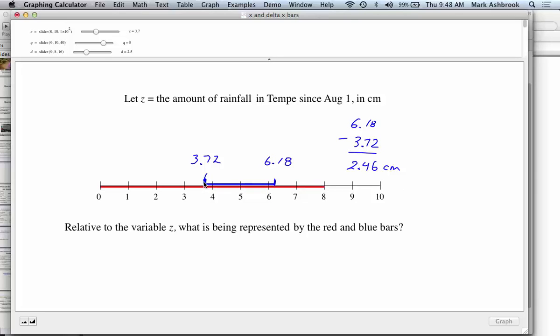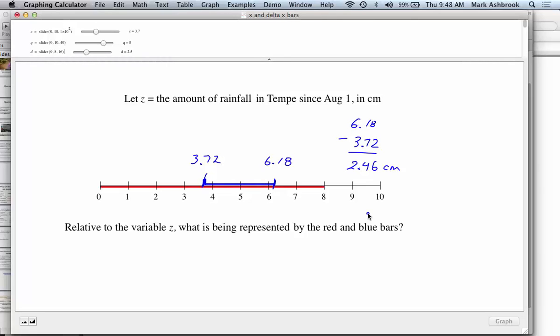So now 4 was easy just to see. You didn't even have to think about it, right? You just saw that the length of the bar was 4. But now when the numbers get a little hairier, how are you going to get that actual change? Well, you've got to take the final value, subtract the initial value, and that gives you that amount of change. So this is showing a change in amount of rainfall starting at 3.72 centimeters and ending at 6.18,